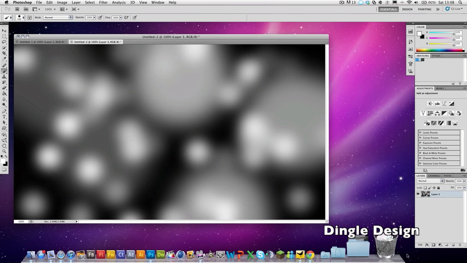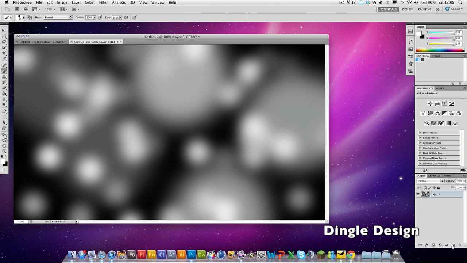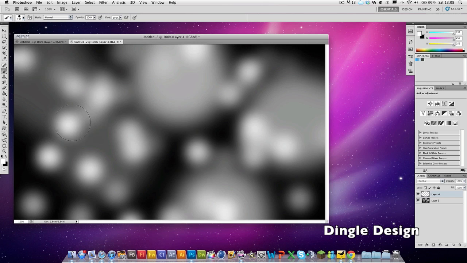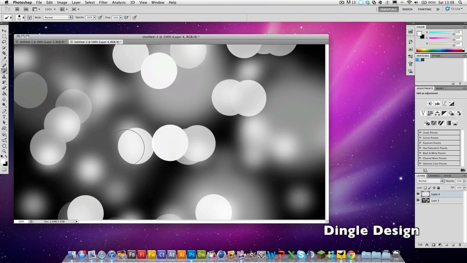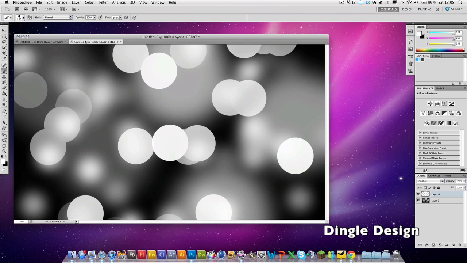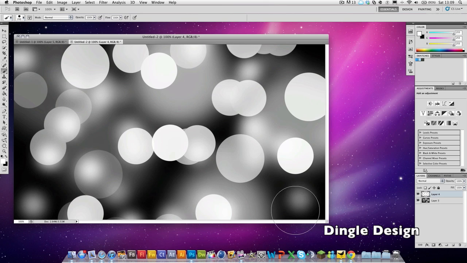Now we've got that done, we want to get the main coloured bits in, so we're going to go new layer, and then go up to the brush and change this to 150. We want to give it a quick couple of swipes across, making sure you have some spaces in between, because we're going to make a bigger brush and give the circles a bit of variety. So we just want to hit that up to 200 this time,